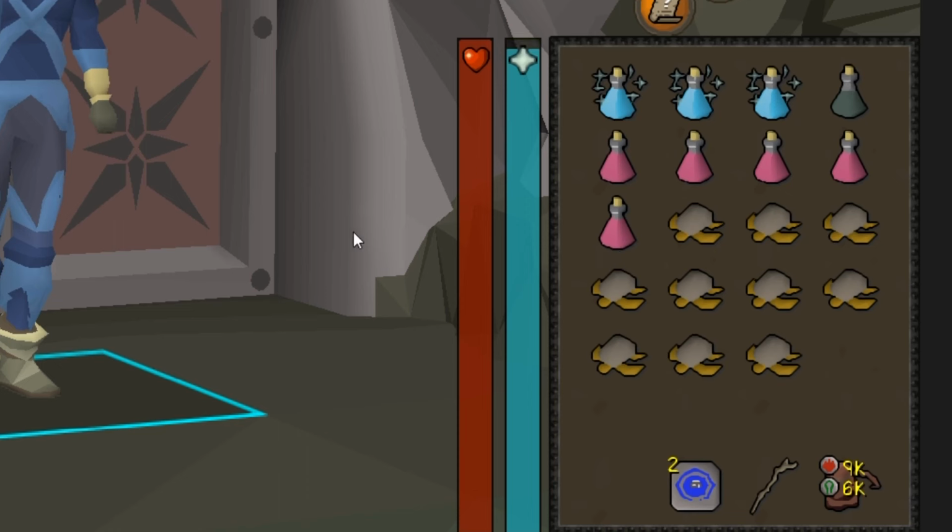In terms of our inventory, we are bringing Divine Ranging Potions. Make sure you bring an anti-venom. You probably won't get venomed if you do this properly, but you obviously will need one with you just in case you mess up. I take 5 Super Restore Potions, which is good for sometimes up to 10 kills a